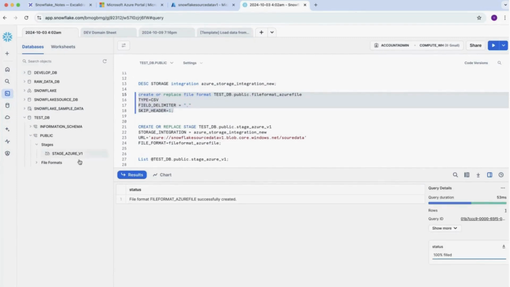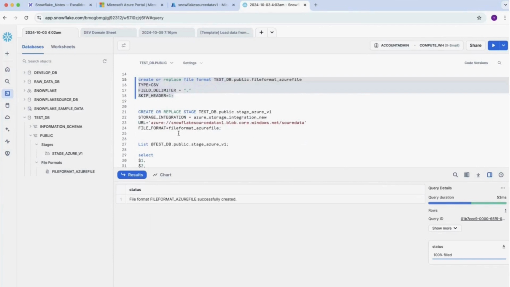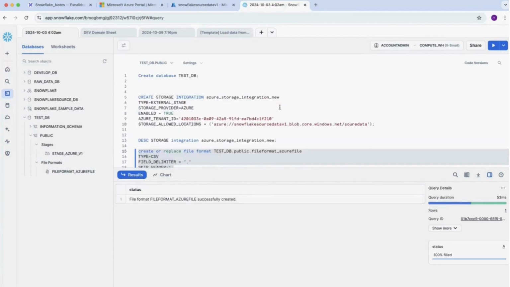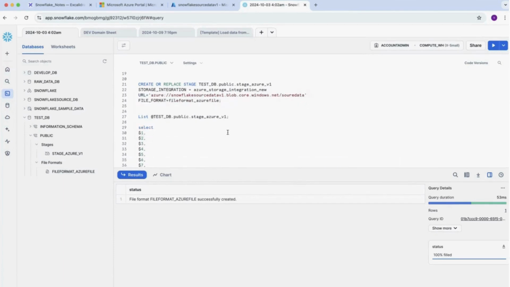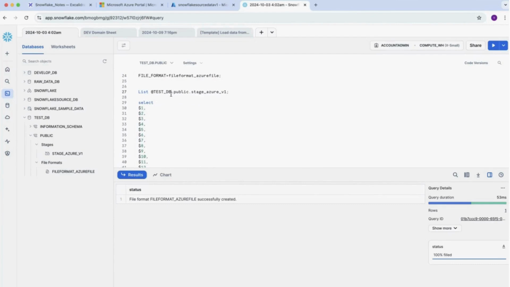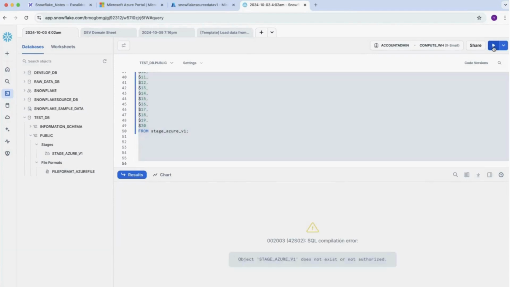netSDB public. We have the file format underscore Azure file. Okay. File format underscore Azure file and on the storage, like on Azure storage integration new. Okay. On the URL. So we are taking this, good. Yeah, I didn't see any issue. Maybe it's because of an authentication issue. Stage does not exist or